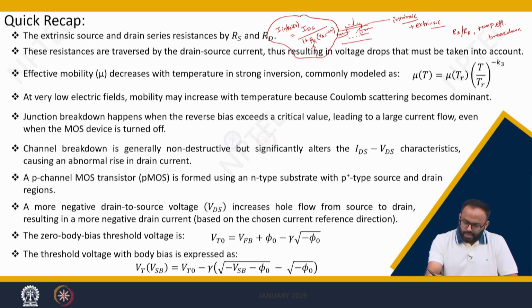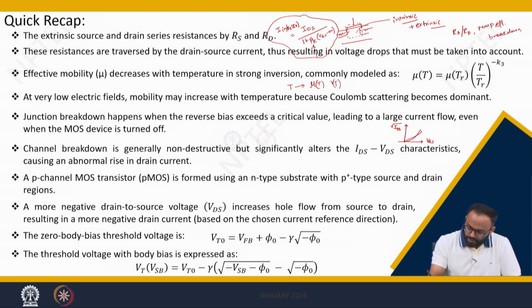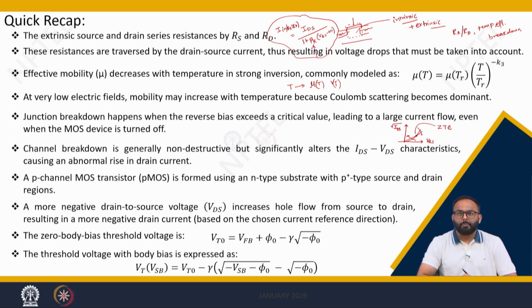In addition, we discussed that the temperature affects the overall performance of the MOSFET, because temperature significantly affects the mobility and the threshold voltage. Because of that, when you plot the current ID versus VG, you will get this kind of curve. So, log and square root of IDS, and we got a few curves where the threshold voltage is reduced and the current is reduced. In both conditions we are increasing temperature. So, here we will get a ZTC point, or zero temperature coefficient point,